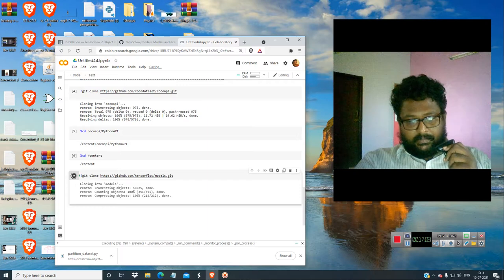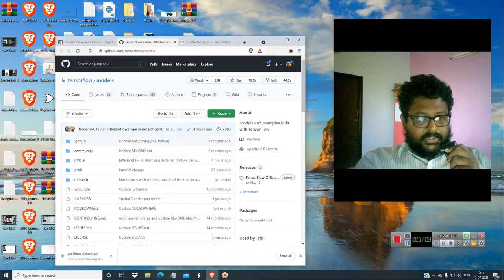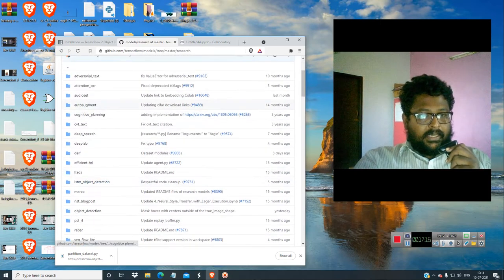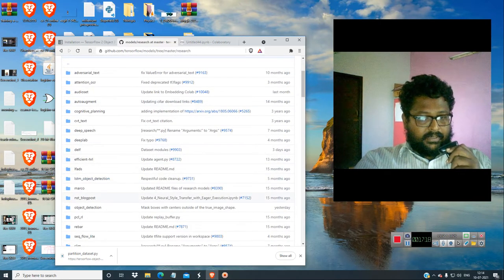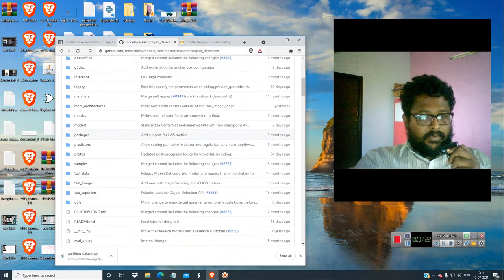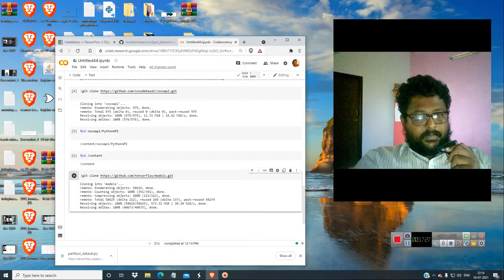Okay, this will take some time. And moreover, in models research you have lots of code. You have even Mask R-CNN, you don't have to search for anything. You can even do Mask R-CNN. So in here NLP and everything is given. Even in object detection you have it for everything. Okay, now this is being done.